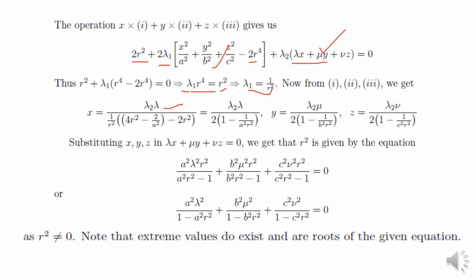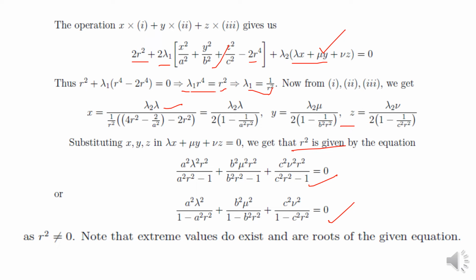Wherever x square plus y square plus z square is given, you can put r square there, and y and z. Once you put, you will get these. Now substituting x, y, z in the plane's equation, the second constraint, we get that r square is given by this, and in this r square is common, so we will divide it by that, and the term we are having is this equation. As r square is not 0, it means extreme values do exist and are roots of the given equation. Now